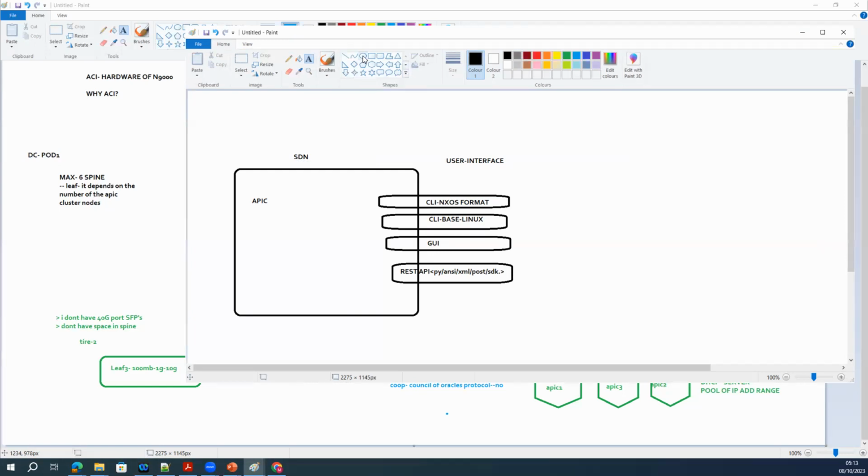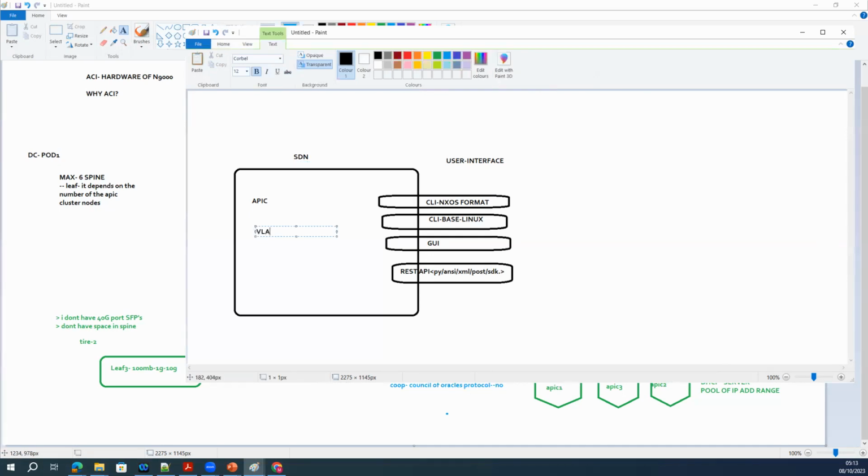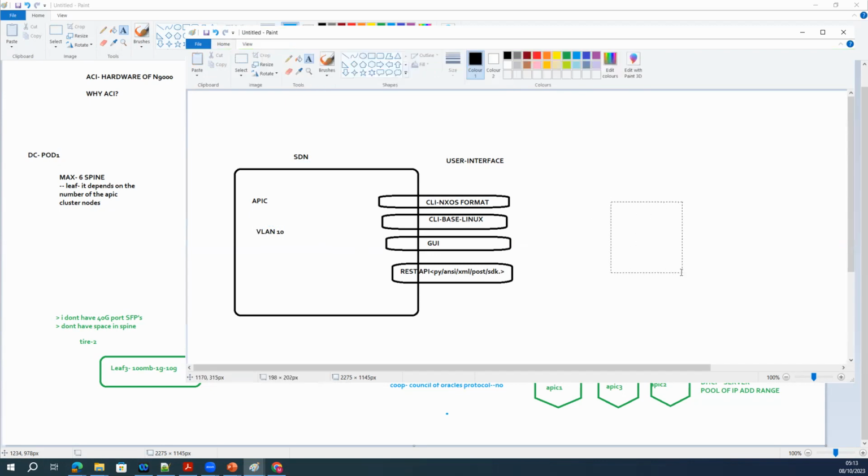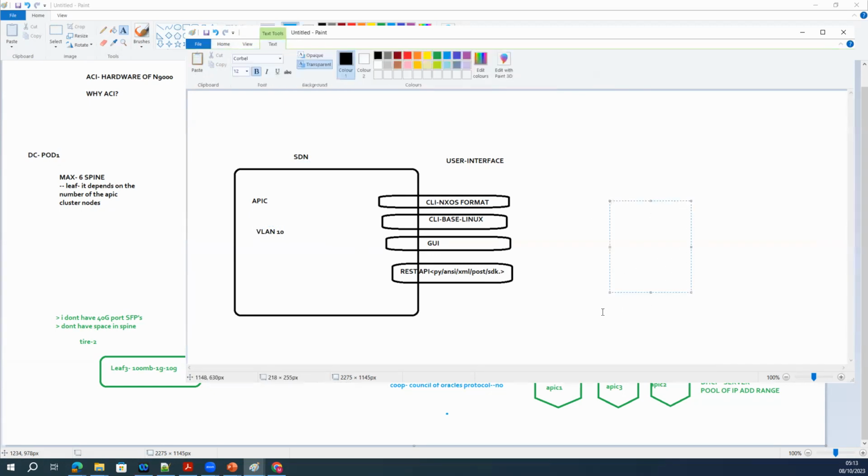It means it can only manage the policy. It can only tell, okay, I want to configure VLAN 10 on the specific switch, and it will configure VLAN 10 on that switch. If VLAN 10 is not working on a specific switch, it will not impact the SDN. If the SDN has any kind of issue, it will not impact any control plane or data plane traffic. That's the advantage we are getting at the APIC level.